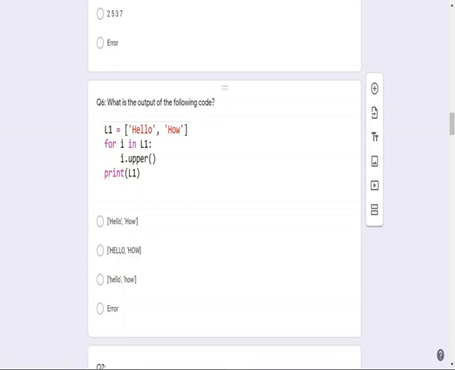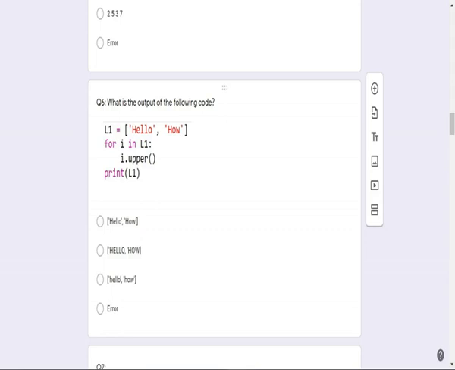But remember, this operation just makes a copy only to perform the print operation. That means after performing hello dot upper, it does not modify the list. The upper, lower, all those are just for operation purposes only.